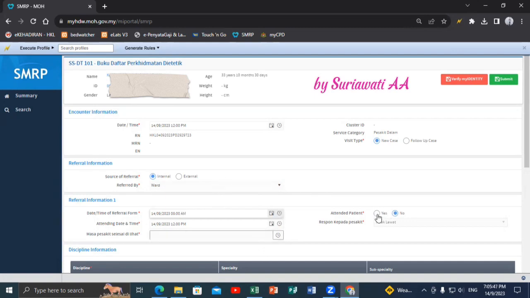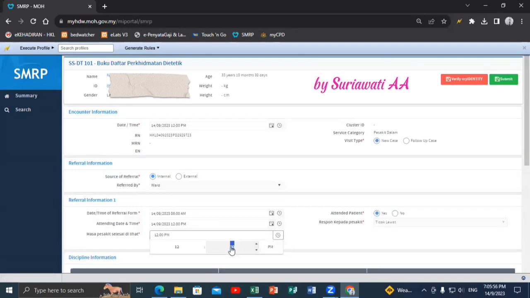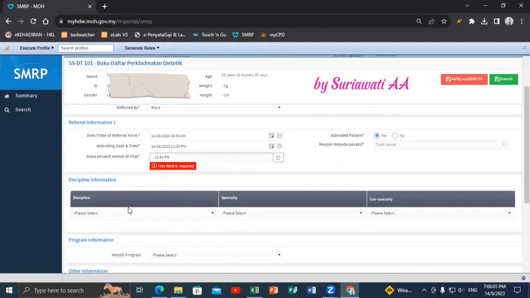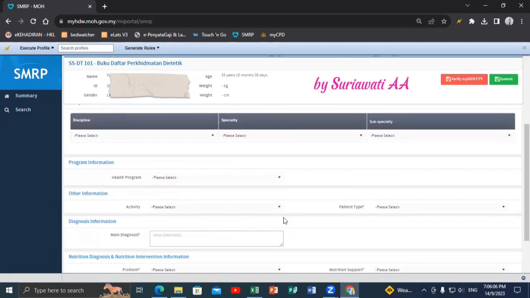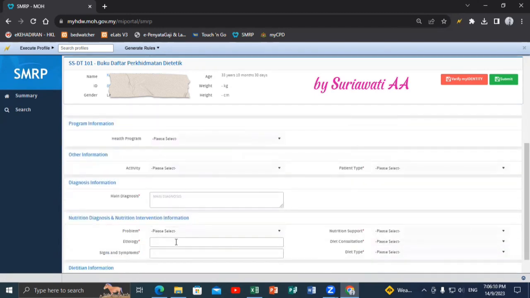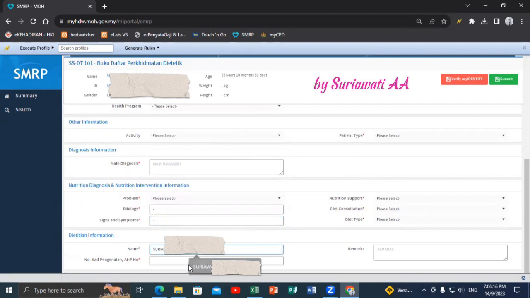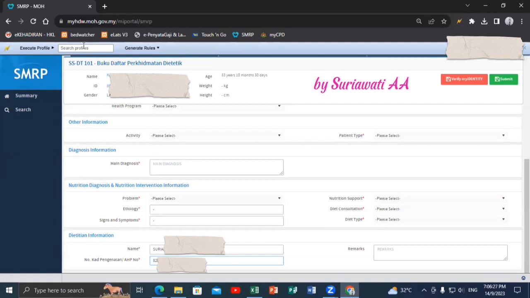And then attended patient, yes. And then the time that you finish seeing your patient, usually I will put about half an hour afterwards. This one won't be auto-populated, so we just fill up the data that will be auto-populated later, and then the etiology dash, sign and symptom dash, and then our name, IC number or AHP number, and then go back to the autofill tab on the top below the toolbar,